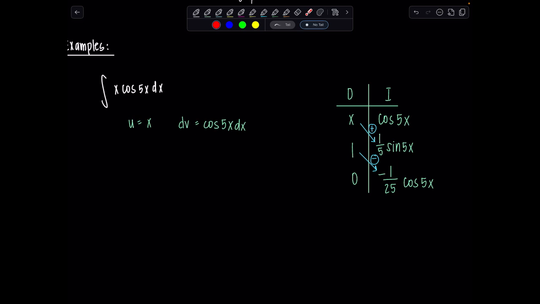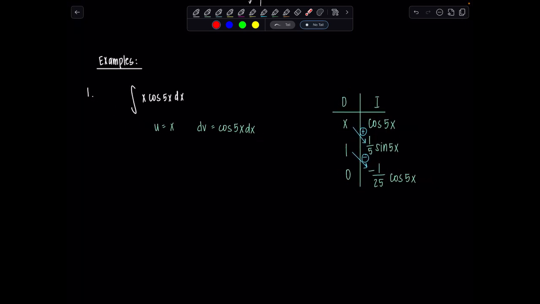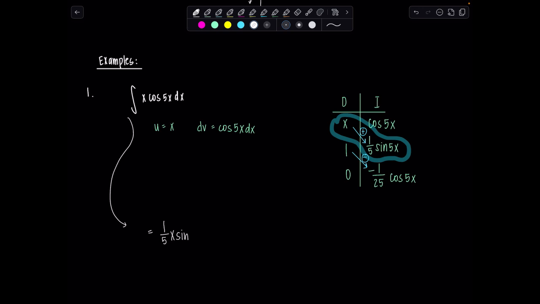Okay? Again, I'll show you why in just a hot second, so hang tight. And now we're ready to write our final answer. Can you believe it? Quick and breezy. So this is going to give me 1/5 x sine 5x, keep the sign the same, so 1/5 x sine 5x, and then the next product, be careful, so you have negative 1/25 cosine 5x, and then we also multiply